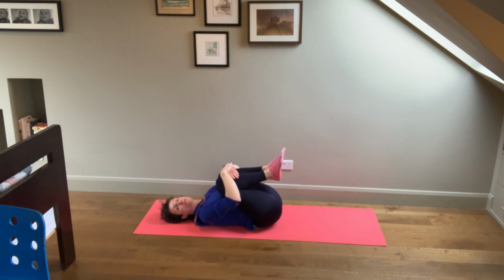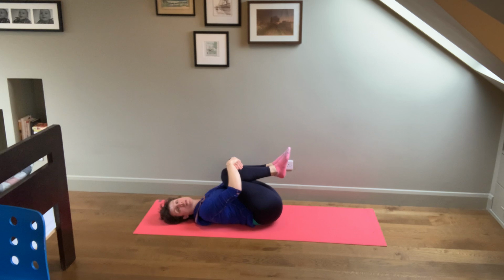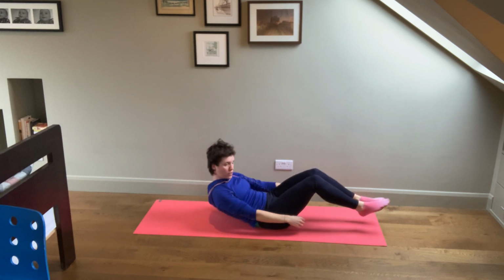Hug them in really tight to your chest. And just a little rock side to side. Just really small. Not too big, don't want you rolling off your mat. Good, that just loosens up that lower back as well. Nice. Okay, so we're going to come up